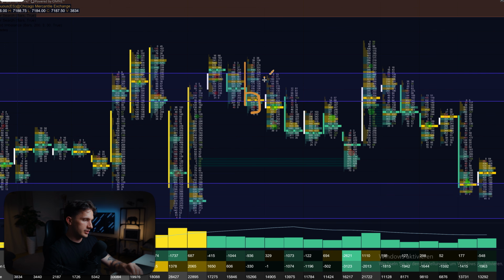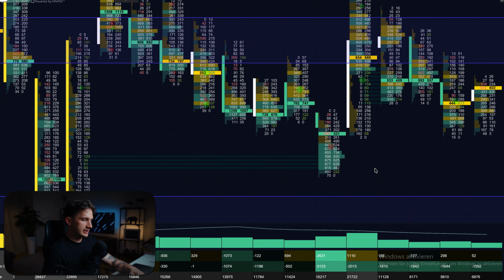We have here a B shape. We have again here a B shape, again a B shape. So what that's confirming is that we are in a downwards movement and we are just looking here for shorts. Again, B shape formation, again B shape formation, and then that gets completely broken to the upward side, this B shape formation, right? So this will be a B shape formation failure. And what you actually can now see right here